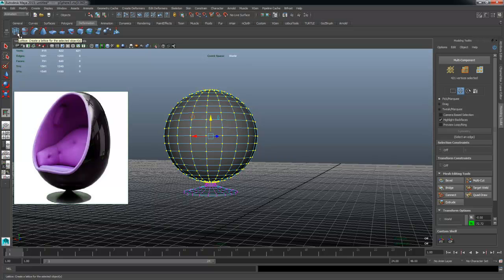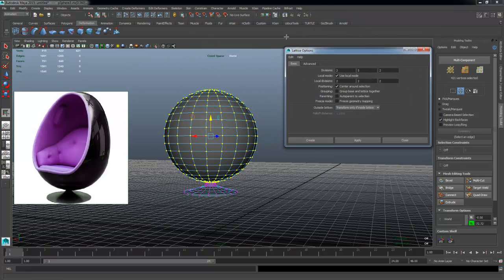Then I'm going to double click on the lattice this time, which will allow me to change some settings inside the lattice options. I'm going to change the default settings to be more like 3, 3, and 3. So 3 divisions along the U direction, the V direction, and depth direction. And I'm going to also make sure I turn off the option for local mode, which will give me a softer type of manipulation instead of this harsh kind of cut off where each division starts and ends. So actually I'm going to keep it on and show you the difference,